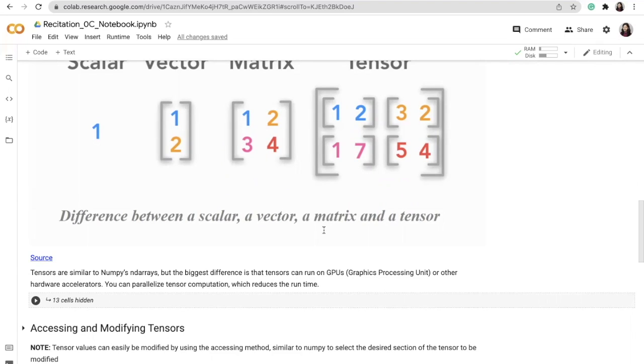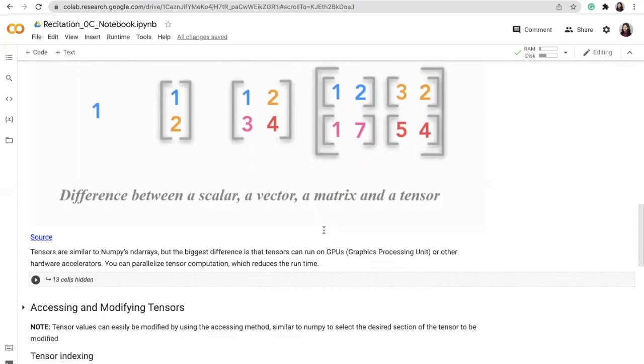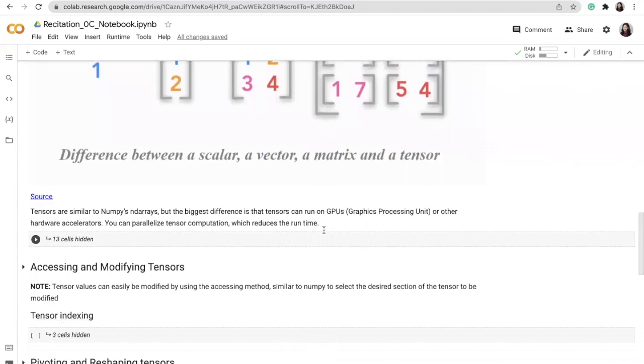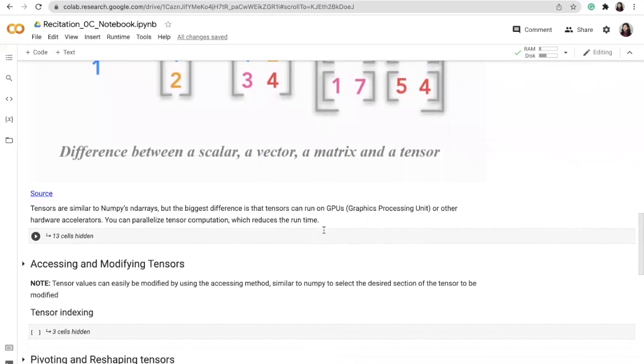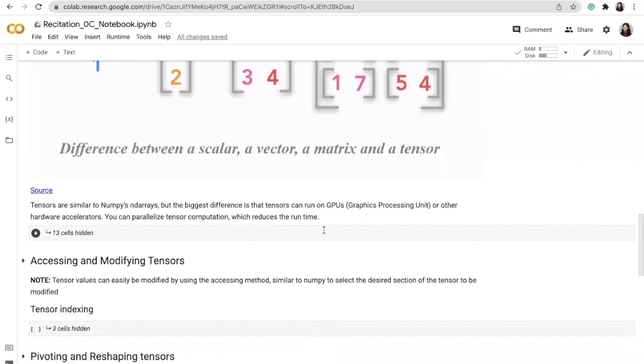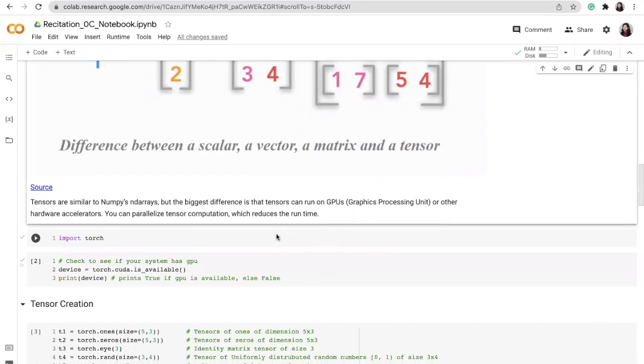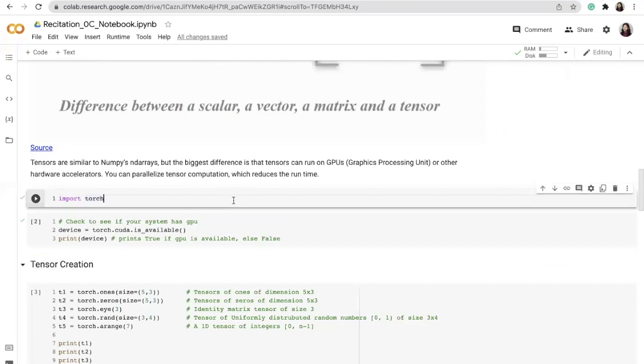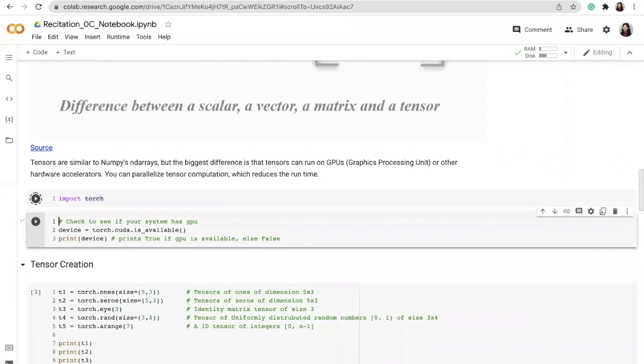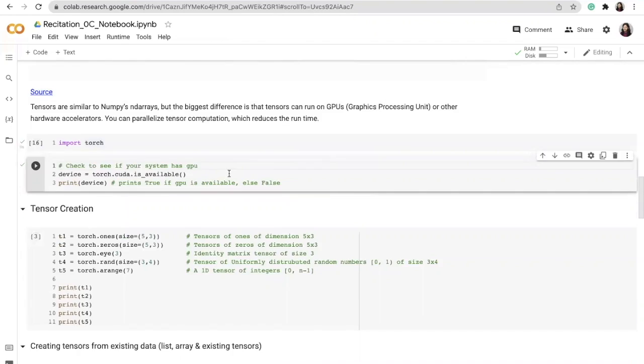So if you have a tensor, you can easily push that tensor onto your GPU, which will help you reduce the computation time. And this is the major difference between NumPy arrays and tensors, that tensors allow you to use the capability of GPUs. So let's first go ahead and import Torch within our environment.